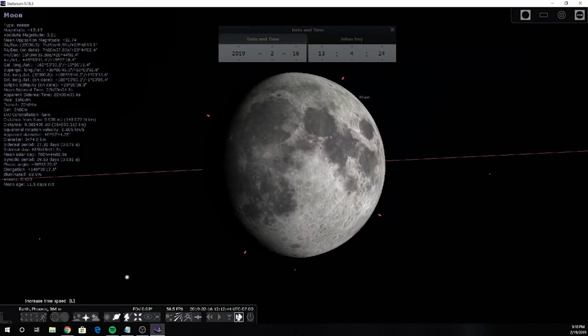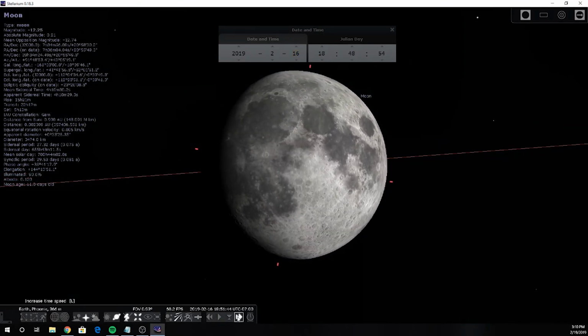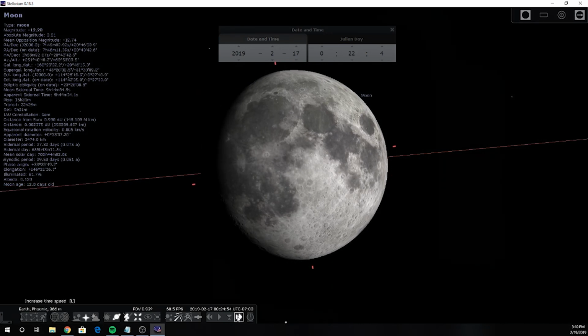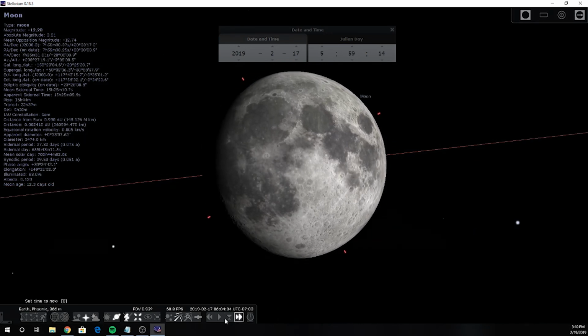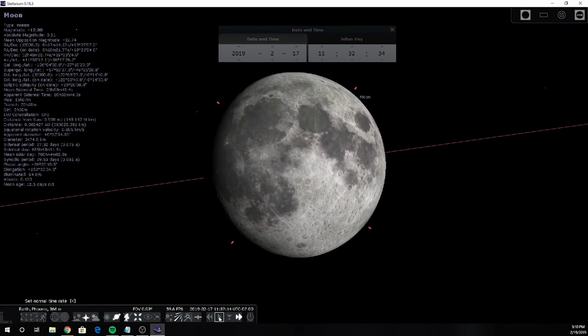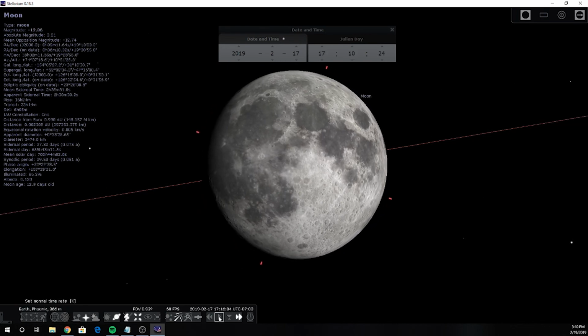Now let's enable the equatorial mount and demonstrate what we should see again. As we can see, we expect to see counterclockwise rotation of the moon even from an equatorial mount because the rotation is due to the orbit of the moon,